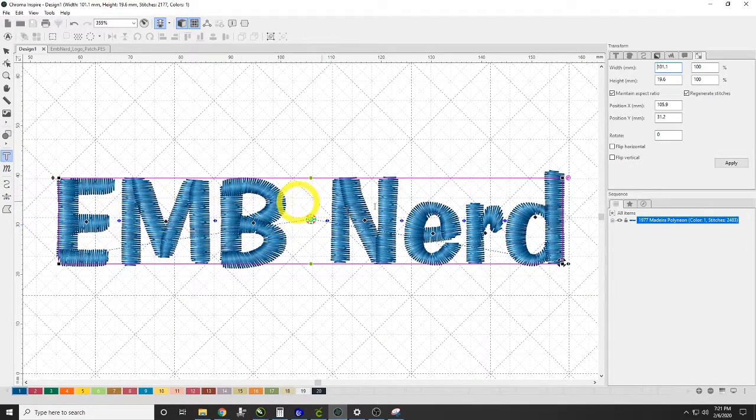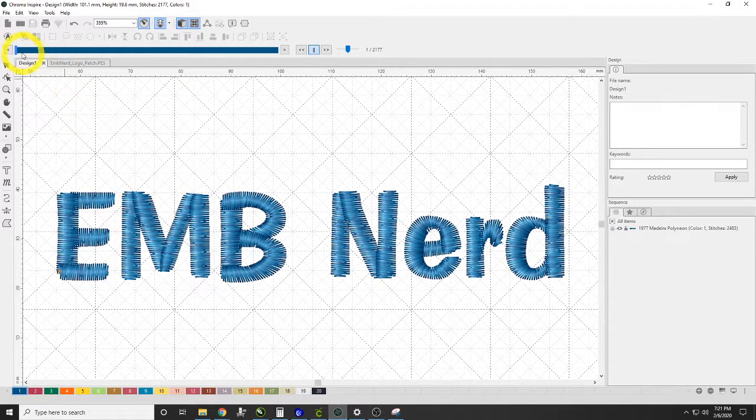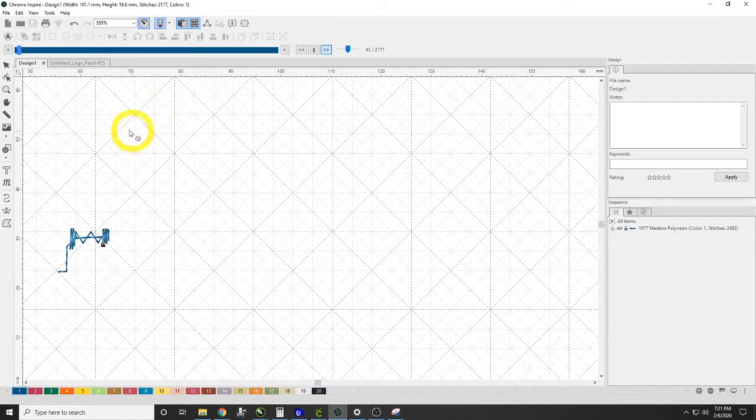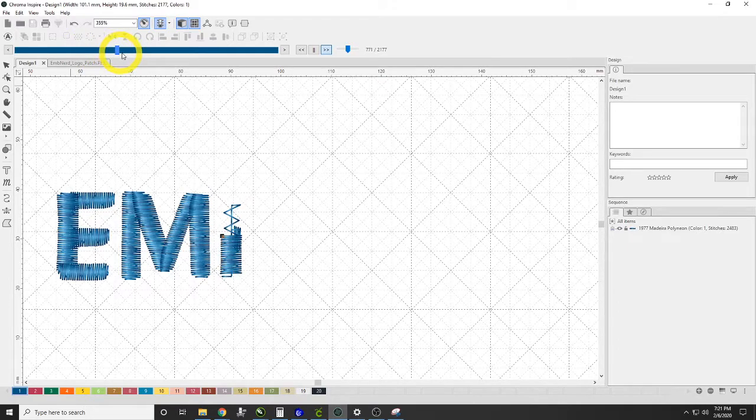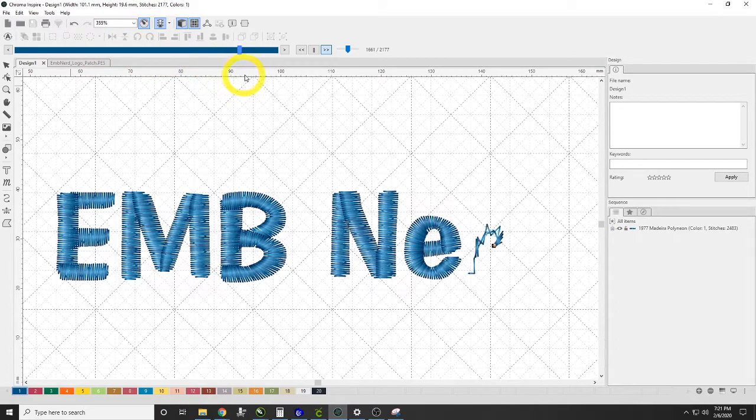This text would go all the way across the hat, and right now, as we hit the slow redraw button and you watch it sew out, it starts on the left and it moves in from there and goes across to the right. Now on a flat, that's not really a big issue, but when you get to a hat,